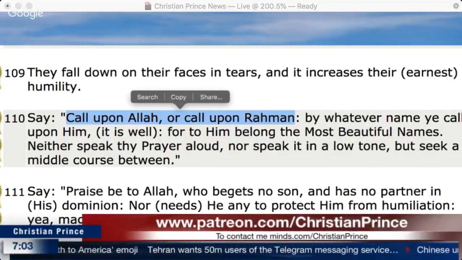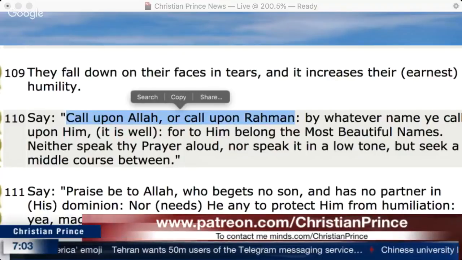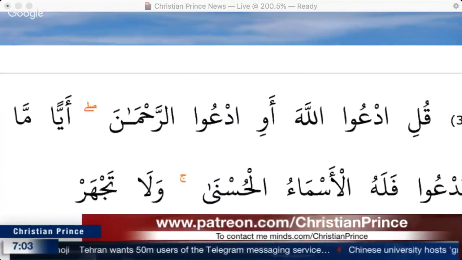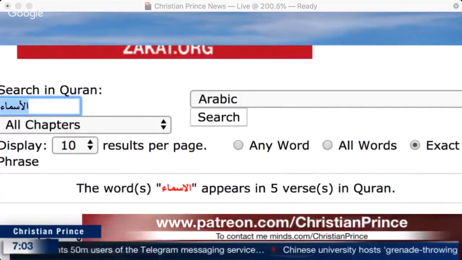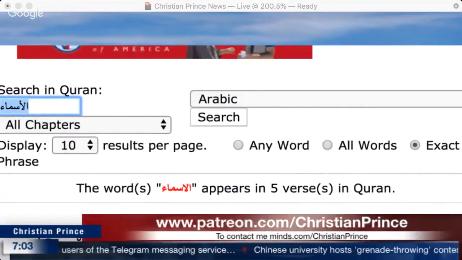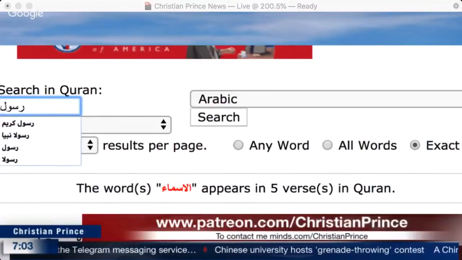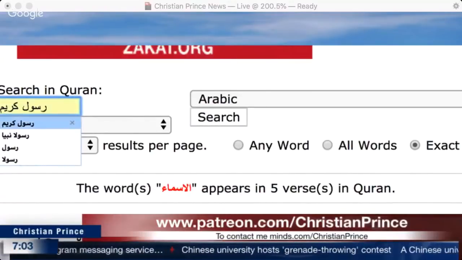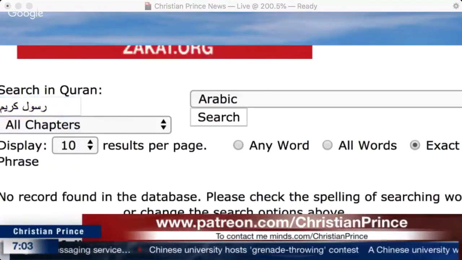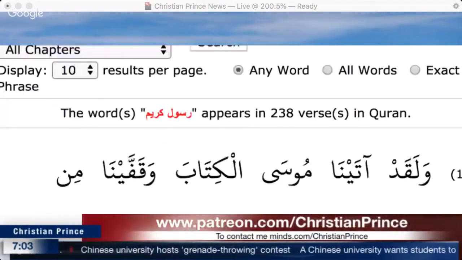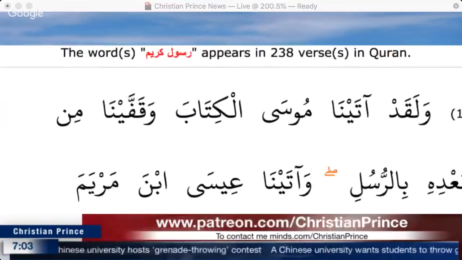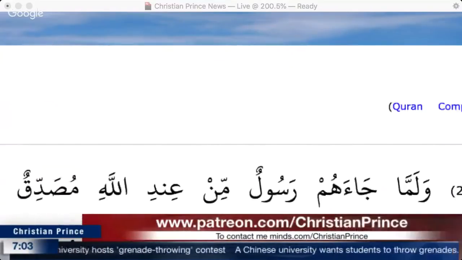Because the Quran says, "Ati'u Allah wa ati'u Rasul." You know what that means? The Quran also says, "Innahu laqawlu rasulin kareem." That's right. The Quran is the word of Allah and of Muhammad as well. Okay, so Rasul and Kareem, that's wonderful. So you have to obey what Muhammad said. And what Muhammad said is the Quran. Only the Quran is what Muhammad said. He spoke only the Quran?